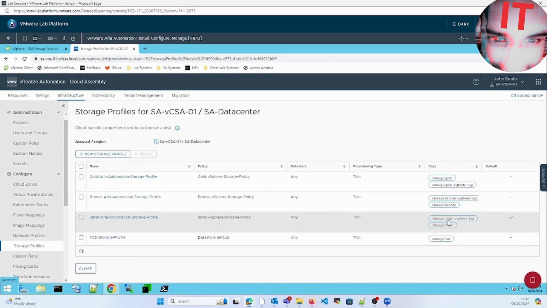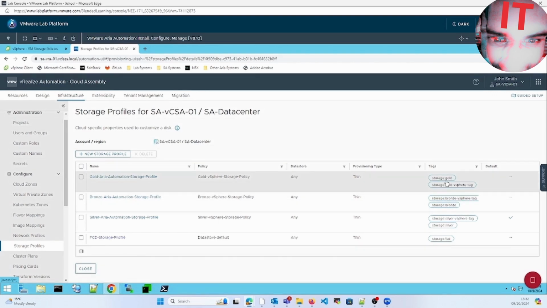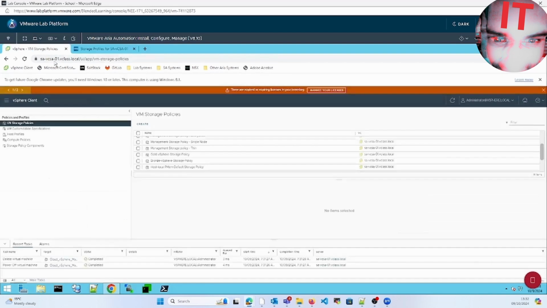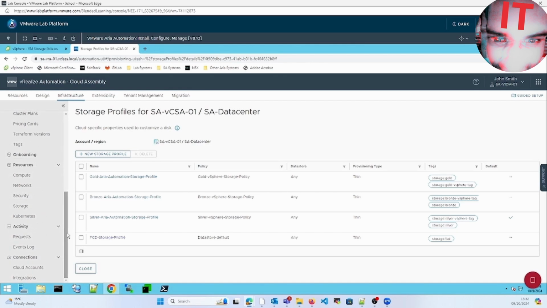There is a silver tag for the silver policy, bronze tagging for the bronze vSphere tag, and then there's a gold. One more thing to notice: silver is default. So what we do, we'll go in here